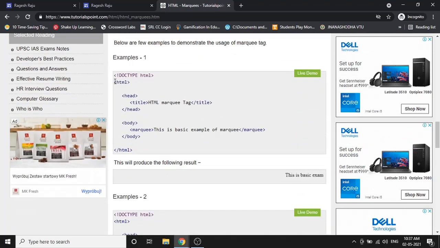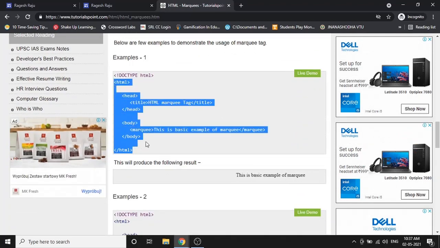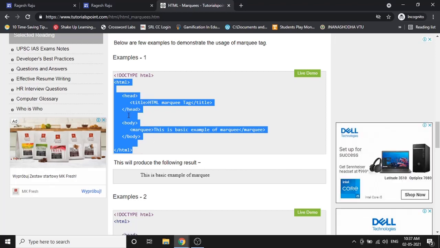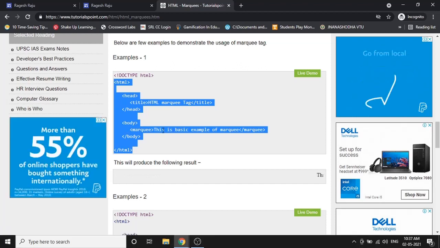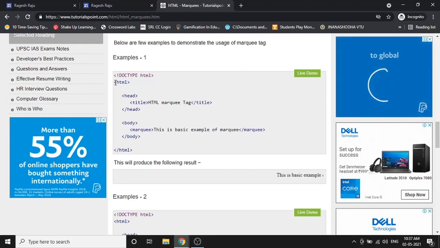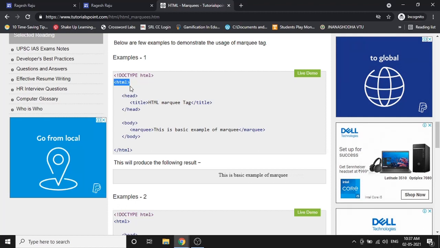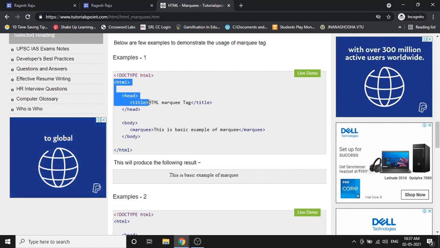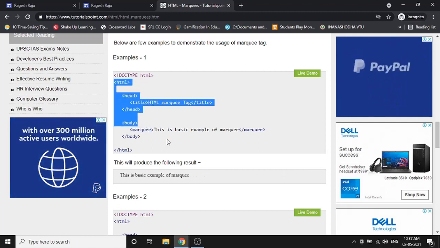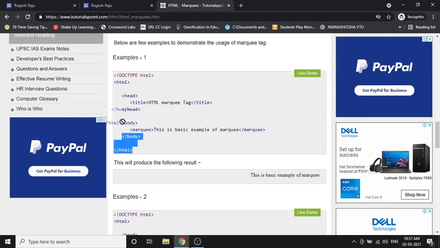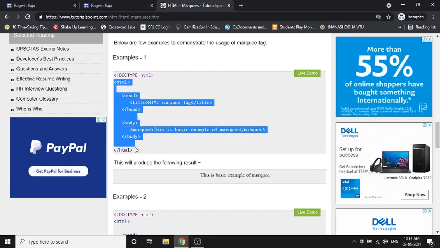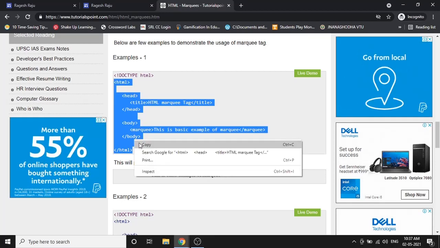So I just select the code for the first one. I just want something to scroll on my website like this. So I just copy the code. If you know it by yourself, you can always do that. The only matter is this is normal HTML code, where the HTML tag is there, the head tag is there, the title tag and all those things, and whatever you type in the body part, only those things will be displayed here. So I just select this HTML code from here, right click and I copy.